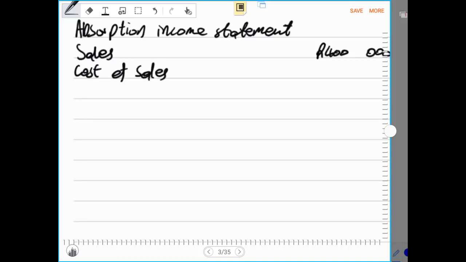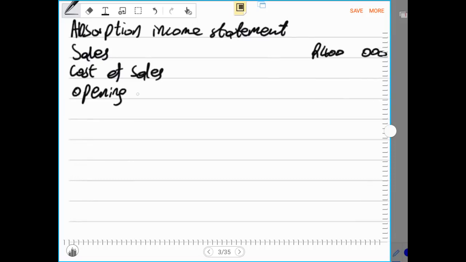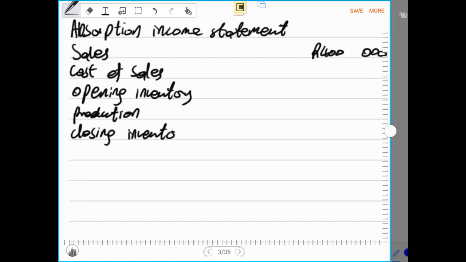Because cost of sales in the absorption method is based on the full cost. Opening inventory is based on the full cost. Then we have our production, which is based on the full cost, and closing inventory is also based on the full cost. That means the unit cost including the fixed cost. Then after that we have to say plus or minus over or under